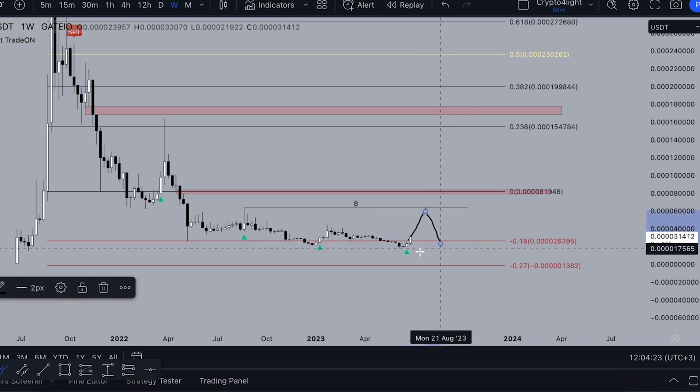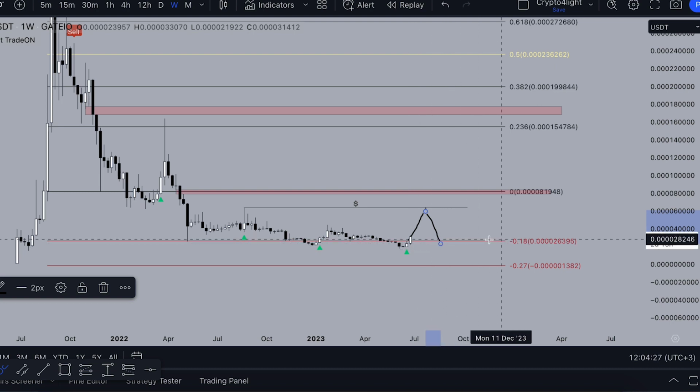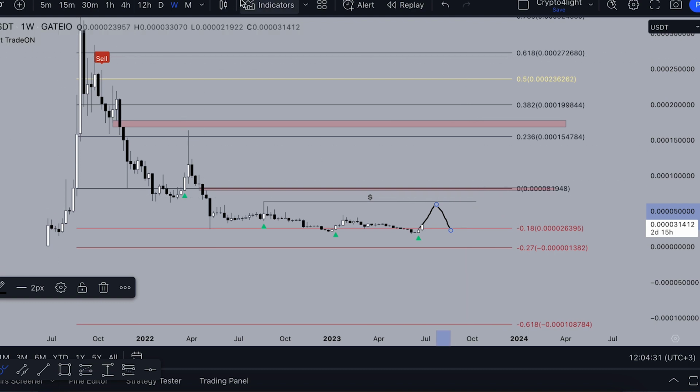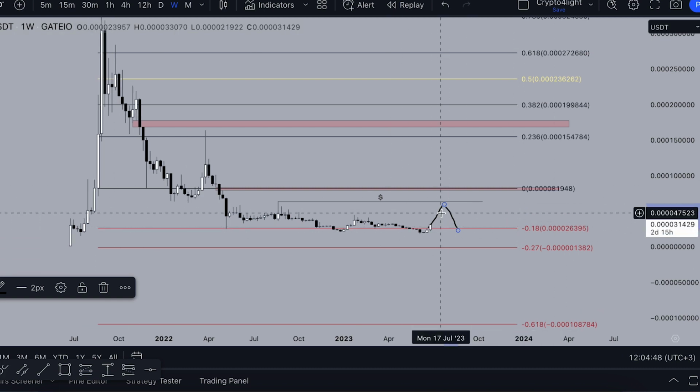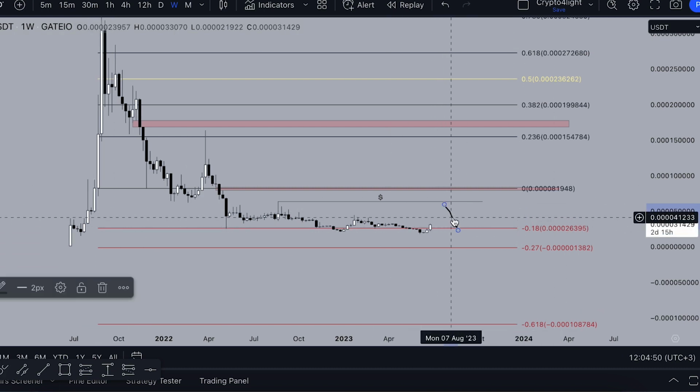And even when we sweep liquidity down, or even if we hold the 18 level by fee, we can see the signal take profit and a new signal to buy on the weekly time frame, like we saw, for example, on Bitcoin Cash, on Algorand, on Cardano. So I just recommend you go and watch these videos. So now still no signal to buy on the weekly time frame. That's why we have a chance to drop it lower.